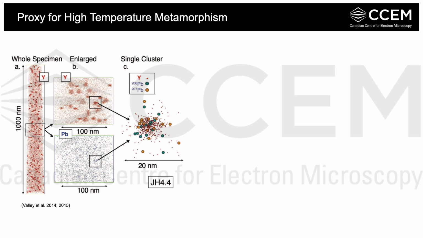So relating this to Atom Probe, the pioneering work on zircon was done by John Valley, who looked at one of Earth's oldest zircons, which is dated at 4.4 billion years old, so very old. These zircons showed that the radiogenic lead, so the lead that was produced from the decay of uranium, which was originally incorporated in the lattice, was not homogeneously distributed, but instead segregated into clusters, which you can see here. And this was together with yttrium.